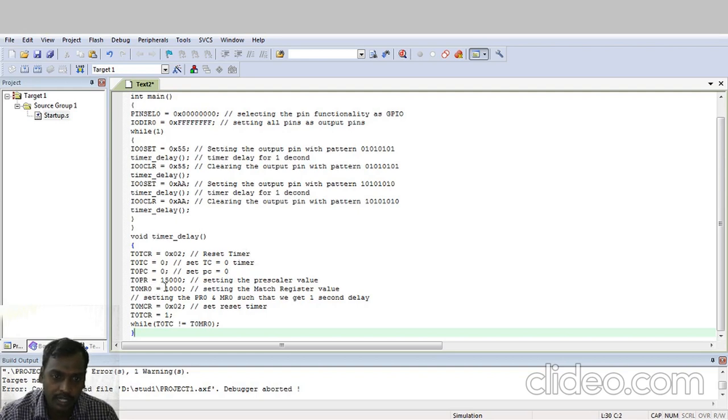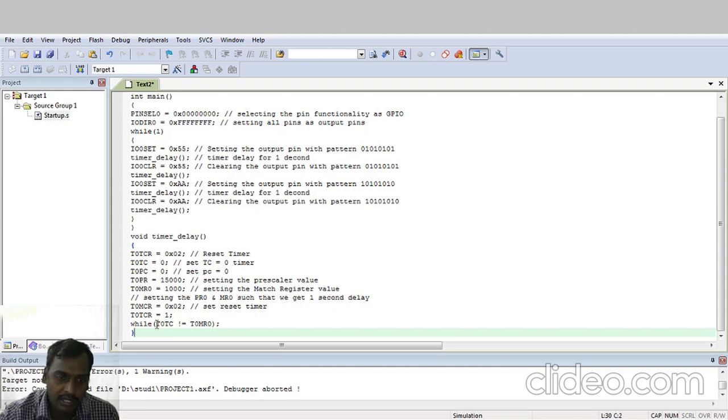Then T0PR equal to 15,000, which sets the prescaler value. Then T0MR0 equal to 1000, setting the match register value. With the help of PR and MR0, it will generate a 1 second time delay.